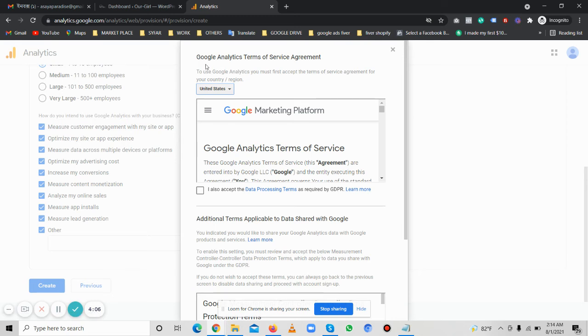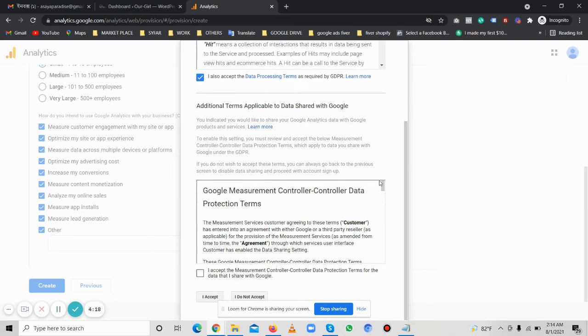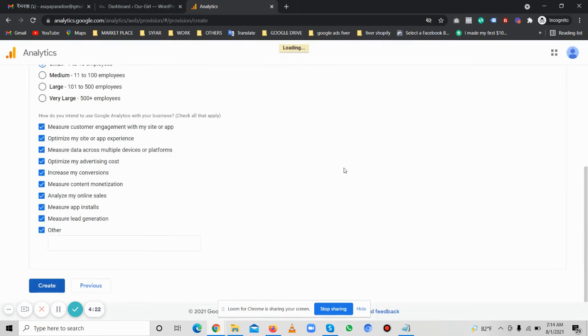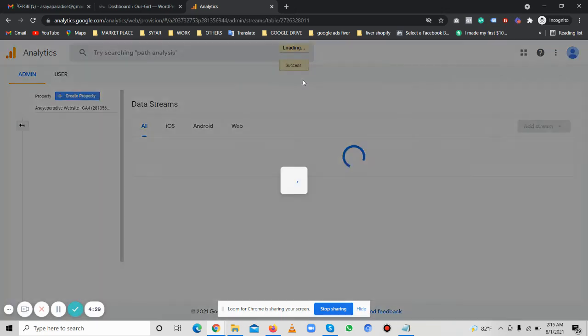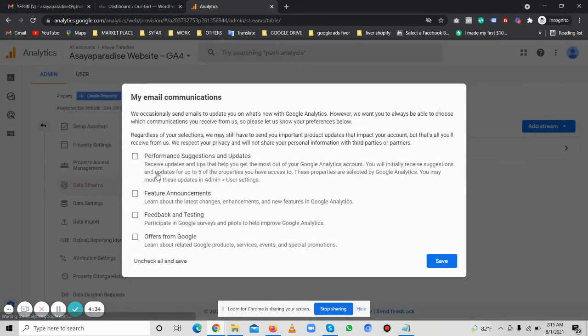And then you can see there is an option that I have to check, and then the location will be United States, and then I accept it. Yes, I accept it, and you can see it's loading. That means it's creating now. And then just pause it, and now you can see that we already created a Google Analytics account